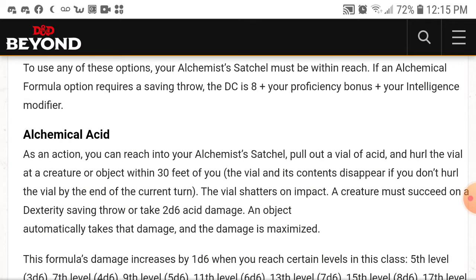Alchemical Acid. As an action, you reach into your alchemist satchel and pull out a vial of acid. You hurl that vial at a creature or object within 30 feet of you. The vial and contents disappear if you don't hurl the vial by the end of your next turn. The vial shatters on impact. The creature must succeed on a Dexterity saving throw or take 2d6 acid damage. An object automatically takes that damage, and the damage is maximized. So not a crit, but